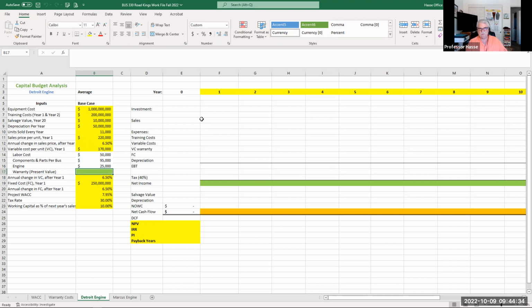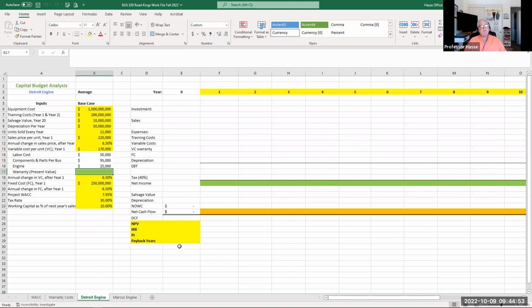So your job is to sort all that out, put it in the spreadsheet, do the arithmetic, and determine the net project cash flow and then the return analysis, very similar to what we did in assignment 3. It's just the numbers are bigger and the project length is bigger, 20 years.